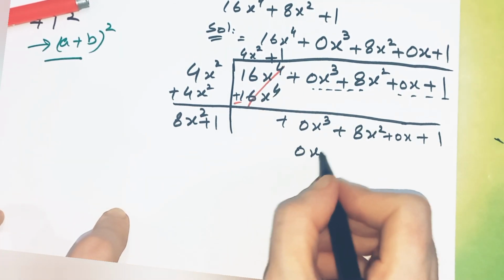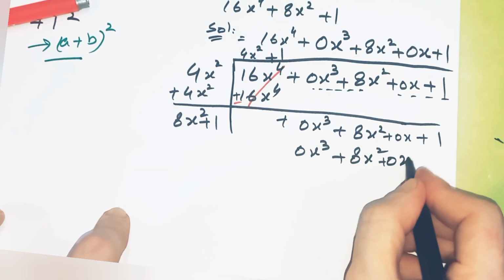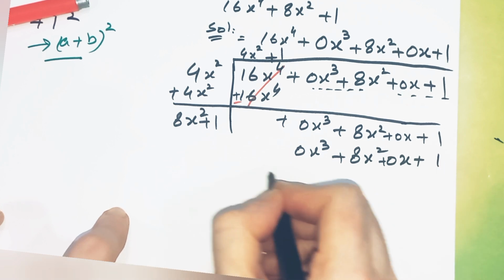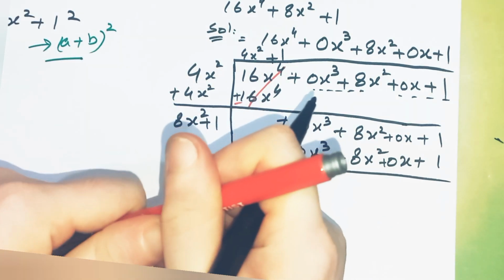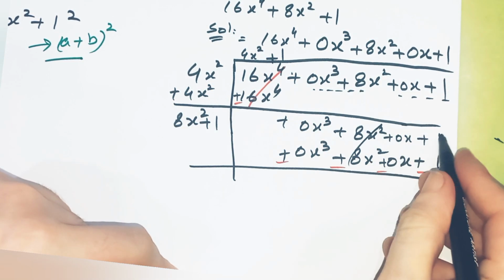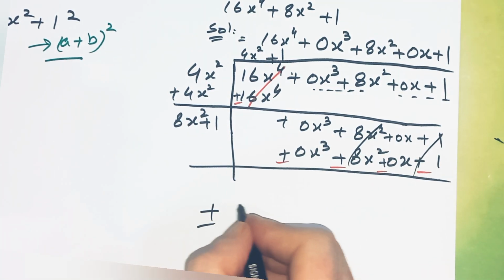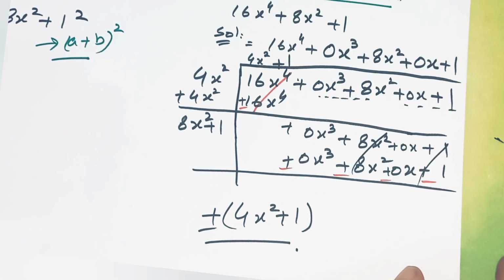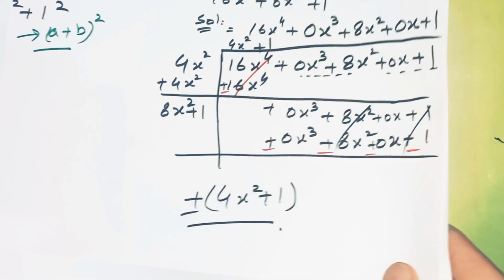All right, 0 right as it is. 1 eight is 8x square. 0 right as it is. As you see, the sign is changing. 0 minus 0 is 0. There is no effect on this question. These are the cancellation terms. So here, as you see, there is also a plus minus sign: plus minus (4x square plus 1) is the answer of our question. Okay, now we solve the last question of this part.